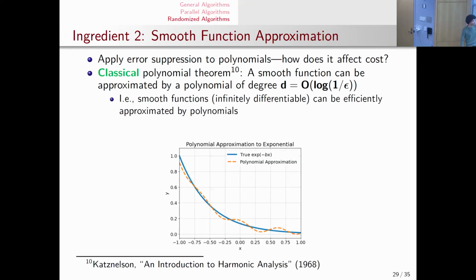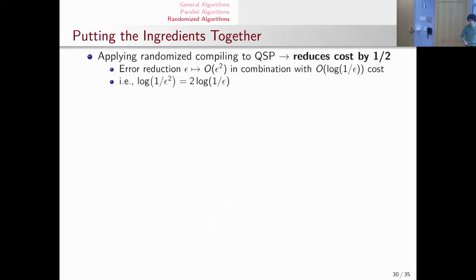Something like a decaying exponential can be pretty efficiently approximated, such that if you want to achieve some error epsilon, it scales inversely logarithmically with that target error. And if you recall from what I showed many slides ago, this is indeed the case for time evolution and for thermal state preparation. It holds true in general. And so as a result, the cost of realizing quantum signal processing, which scales as the degree of your polynomial, also grows as log 1 over epsilon. So if you want to realize some smooth function with quantum signal processing, that cost will also grow similarly. And so if we go ahead and put 2 and 2 together,